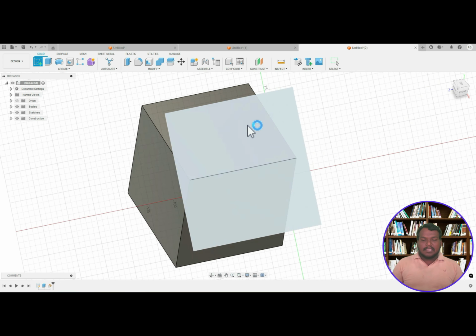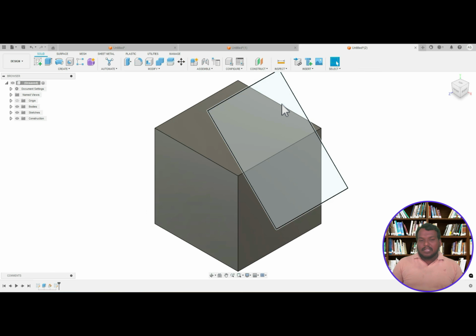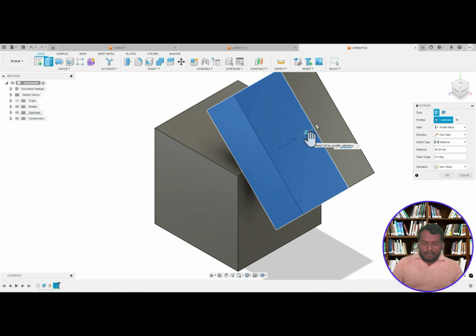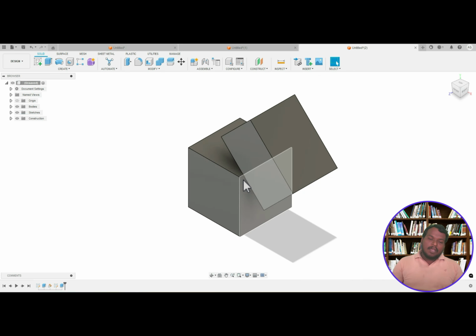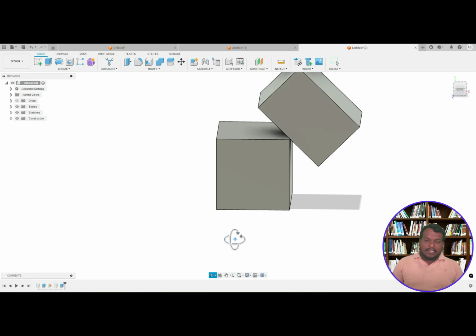Create sketch. Select this plane. Next I'm drawing a rectangle here. You can see the finish sketch. Next extrude. Select the sketch with 80 mm. Okay, for this plane, for this rectangle,